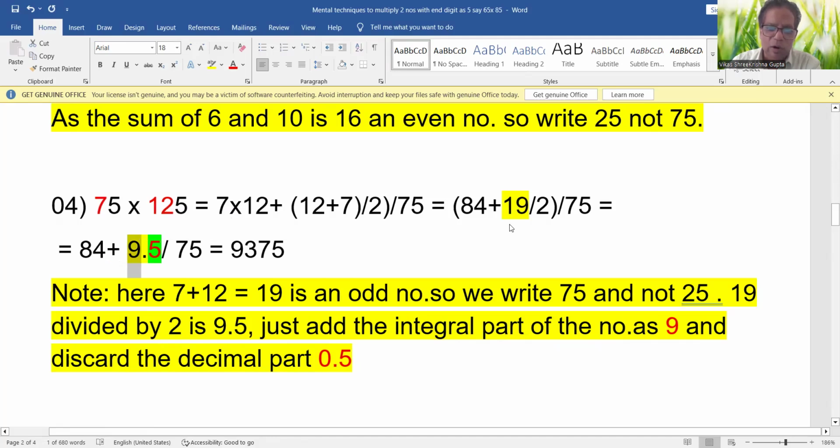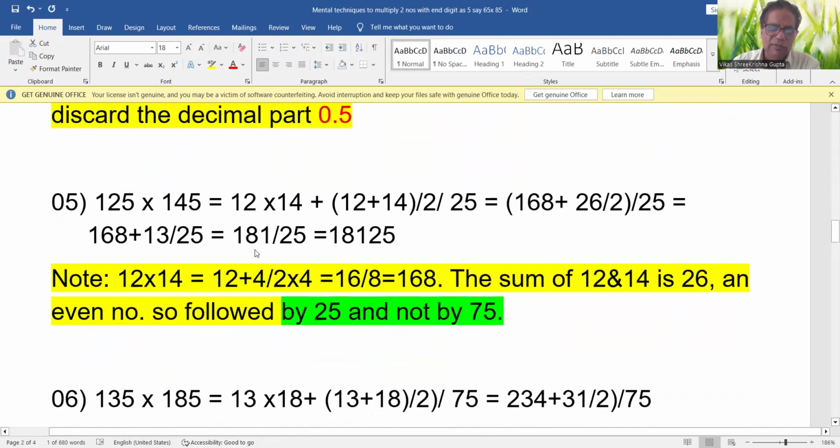And because 19 is an odd number, the product will be followed by 75 and not by 25. Please remember, when the sum is an odd number, it will always be followed by 75 and not by 25. In the same way,